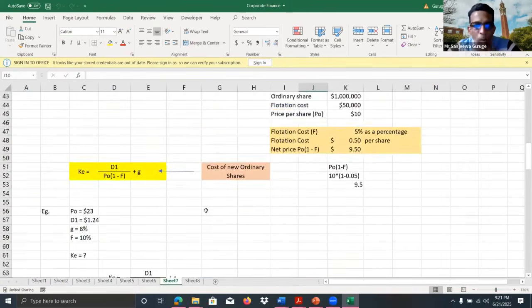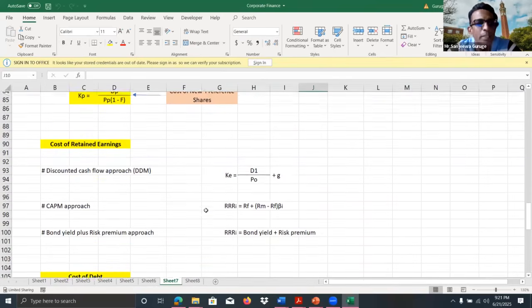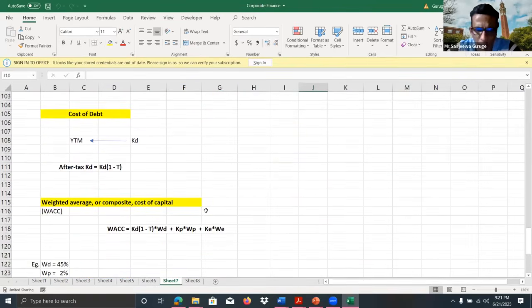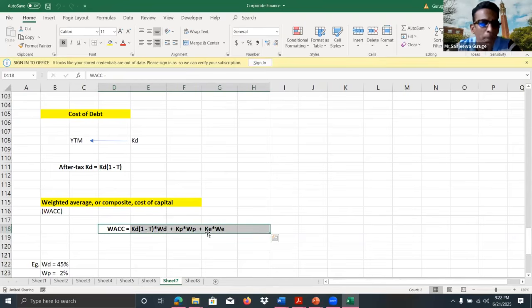So we use the cost of these various sources, right? And the cost of debt you mentioned earlier is based on yield to maturity. So we have to calculate yield to maturity, whether it is a bond or a debenture. If it is a long-term debt instrument, we calculate yield to maturity, but it should be adjusted for tax. That's the benefit you mentioned earlier of using debt capital. The organization always gets the tax benefit. Therefore, the cost of debt should always be the after-tax cost, and based on that, we can calculate the weighted average cost of capital, right?